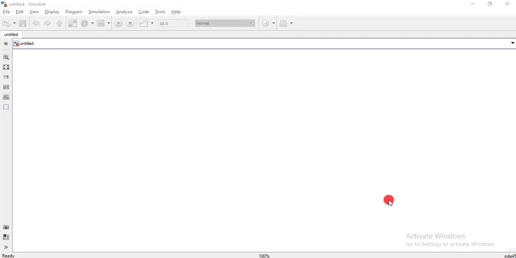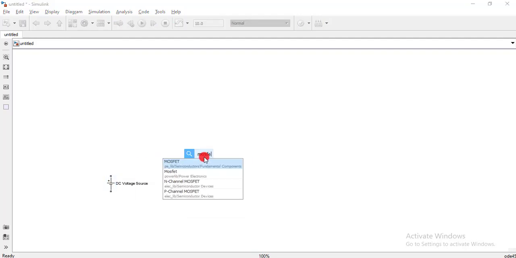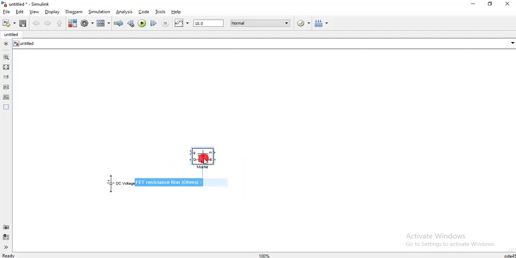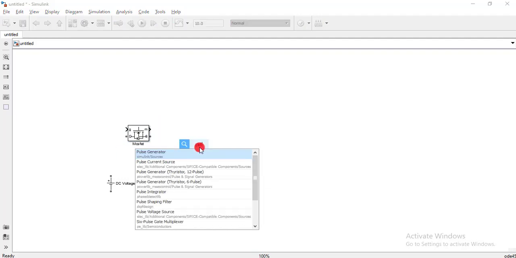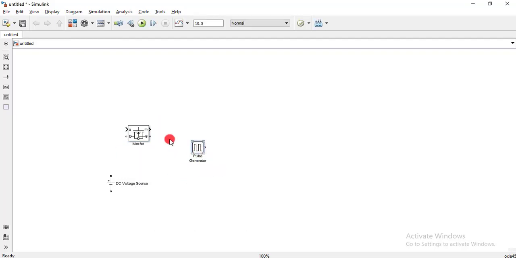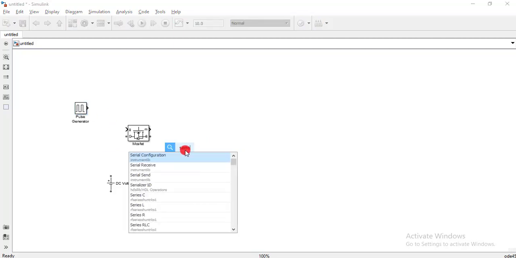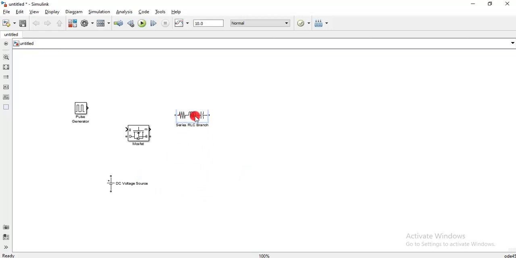So in this tutorial we are going to design the DC to DC buck converter, and first of all I will drag DC voltage source. I'm using power library, so use the second one. Okay, now I need one MOSFET, one pulse generator, one series RLC branch, one diode,